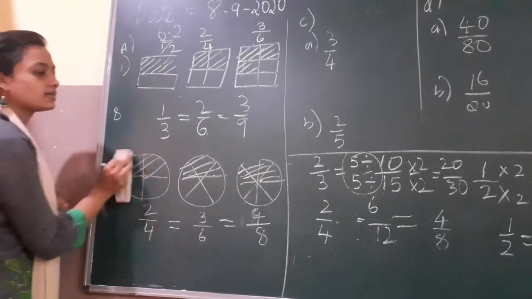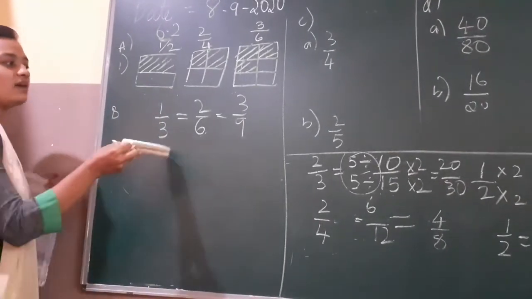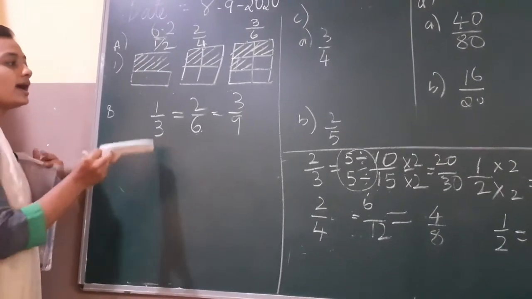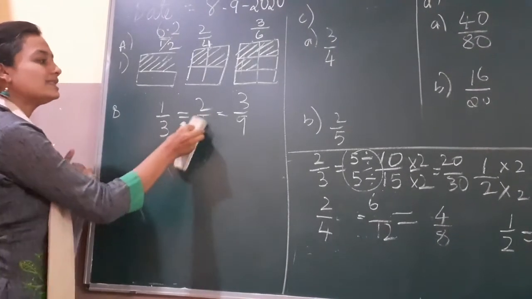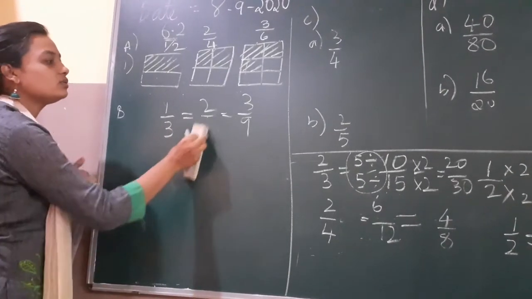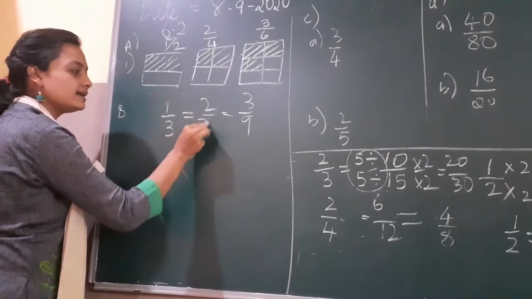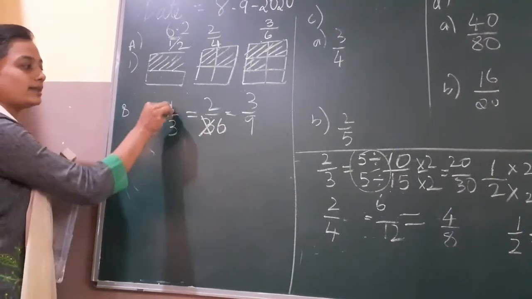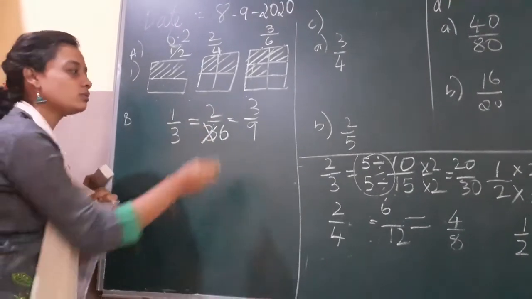Now we go for B1. Here they have only given you the question and they have asked you to draw the figure like this, children. And there is one small mistake in the printing. Here you have 2 by 3. It's not 2 by 3, children. You have to change it into 6. Okay, I write it again. It is 2 by 3. Cancel it like this. Write 6 here. 1 by 3 is equal to 2 by 6. Not 2 by 3. It's a printing mistake. 2 by 6.